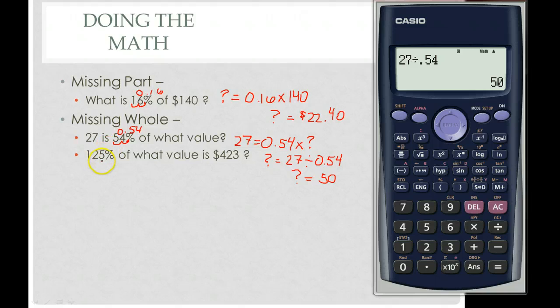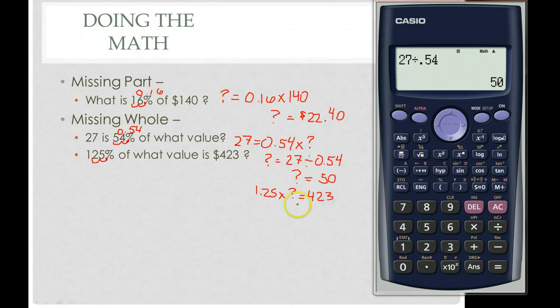125% is what value of 423. So here's my percent. I convert it to a decimal, 2 places to the left. I get 1.25. So remember, my of is multiplication, so I'm going to write that one out. I have 1.25 times question mark is, that equals